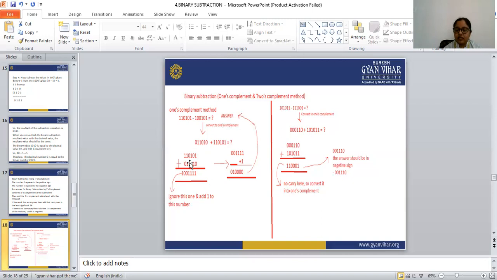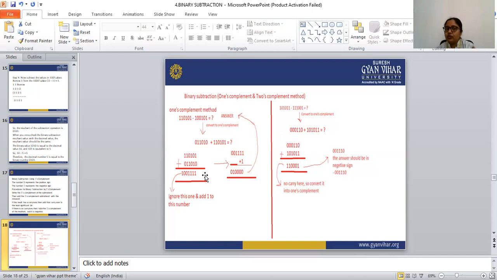After that, the next step is we have to count how many digits are present in the question and how many digits are present in the answer. So in the question there are 6 digits, but in the answer there are 7 digits. If we get one more digit in our answer when we compare to the question, we have to ignore that extra number from the left side, and the remaining number is the resultant number.